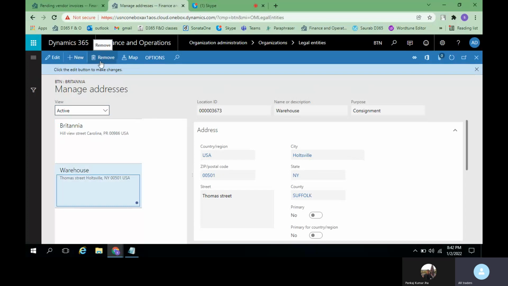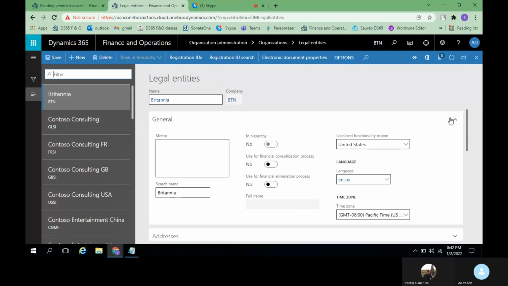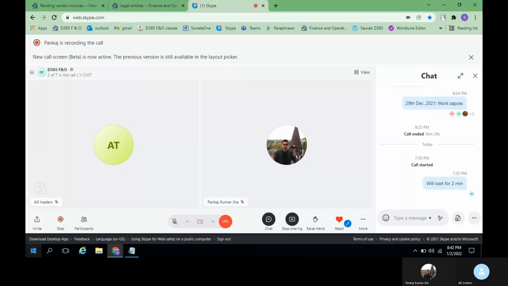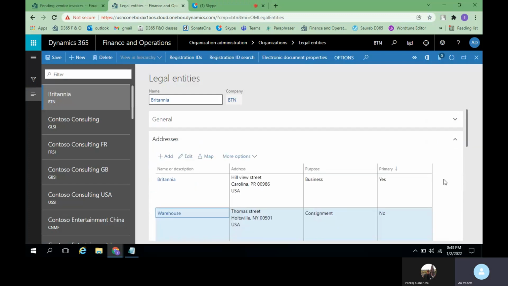And you have this option also to remove and edit. Even this remove option and the edit option, you will have in the previous main page itself. Under this address column, you still have this option to edit and add address.